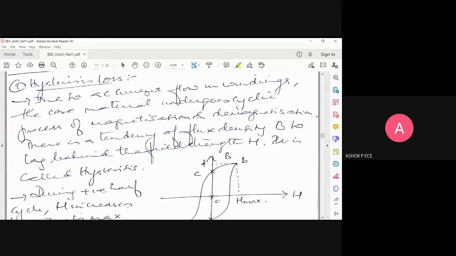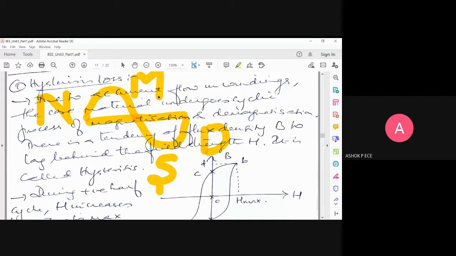So when you are going to have an AC current flowing in the windings, assume that you are having a sine wave. The sine wave will have a positive peak and negative peak, right? So during the positive peak, the core will be magnetized. During the negative peak, the core will be demagnetized. Or I can say during the positive half cycle, the winding will be acting as north pole. During negative, it will become south pole. So the magnetizing and demagnetizing will be taking place often when the input AC current changes its cycle. So because of this, what will happen?